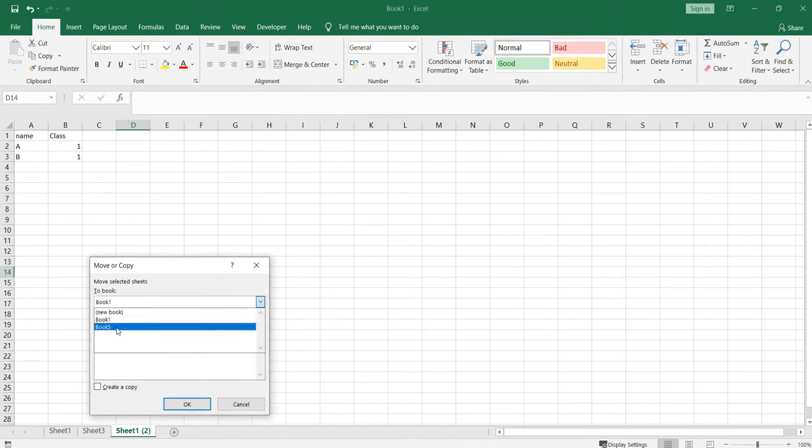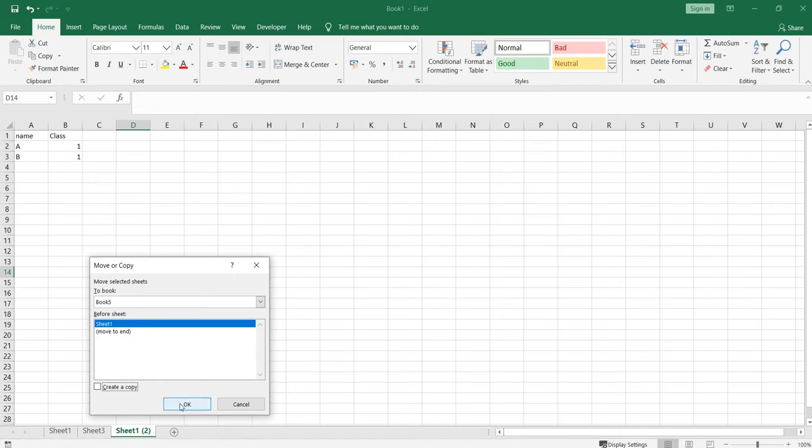I'll select the book, workbook. If I want this to create a copy, I will click on it so that this sheet 1 bracket 2 will remain in book 1 and it will be copied in book 5 also. If I don't click on it, if I uncheck this button, then what will happen is that it will take this sheet 1 bracket 2 and move this sheet to our new workbook, which is book 5.